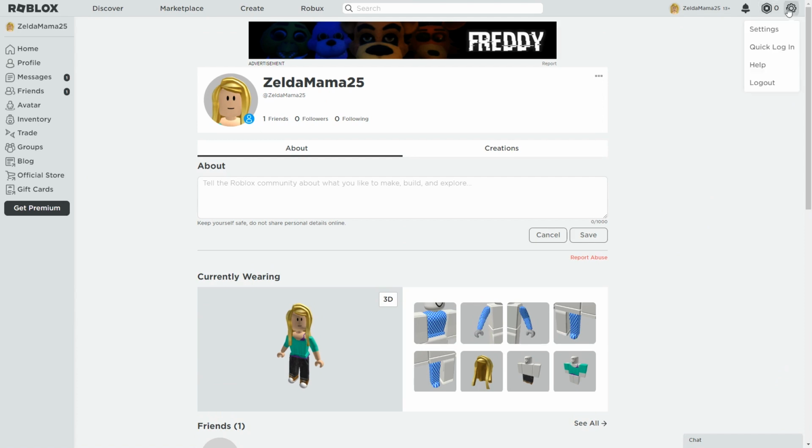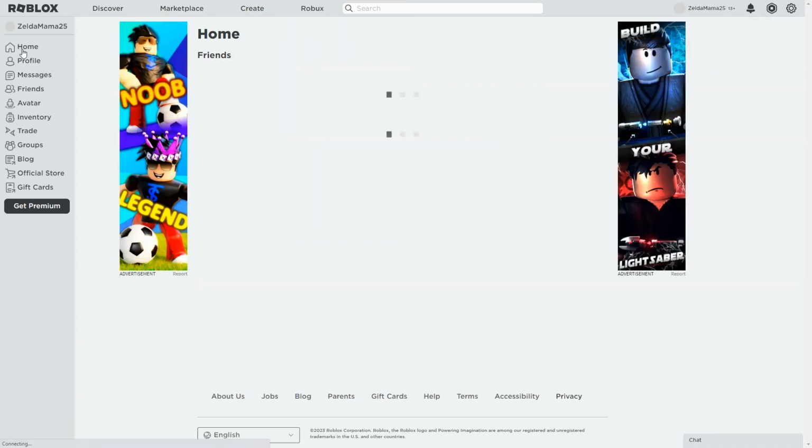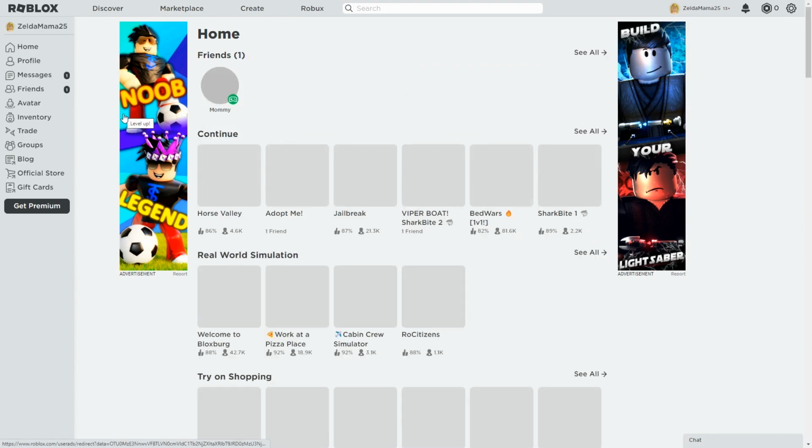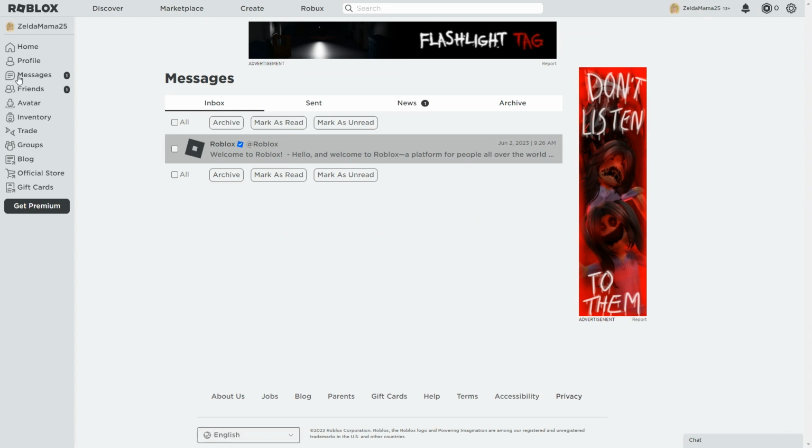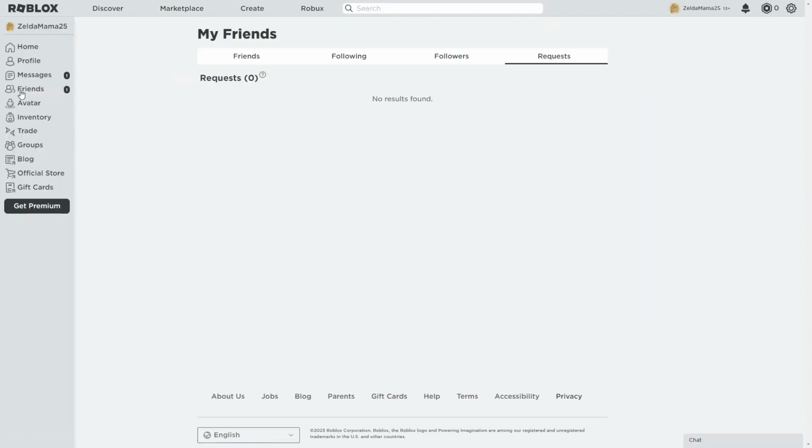We'll take an in-depth look at the settings in a little bit. Over on the left here is the home button, which is the main screen that shows your friends list, recently played games, and game recommendations. Your profile can be accessed here too. Any messages from other Roblox users will be here. You can change the settings for the messages and who can send your child messages in the parent settings, which I will show you. Friends and friend requests will be shown here.